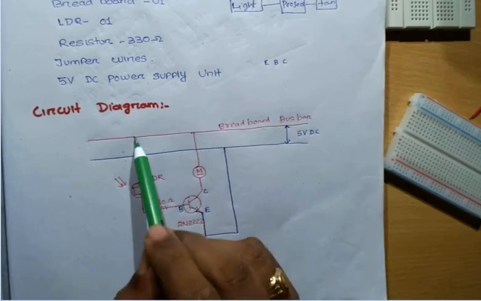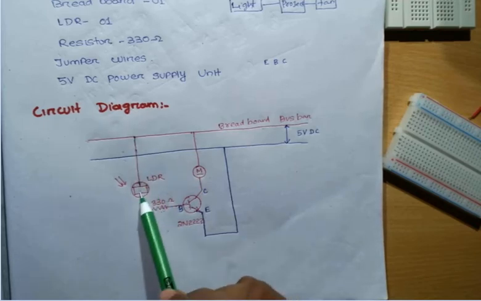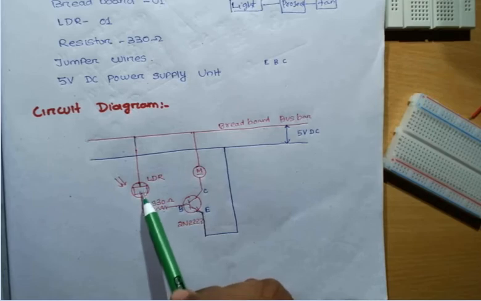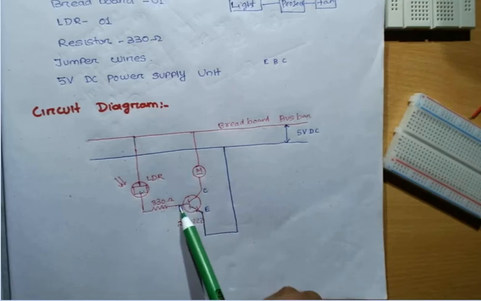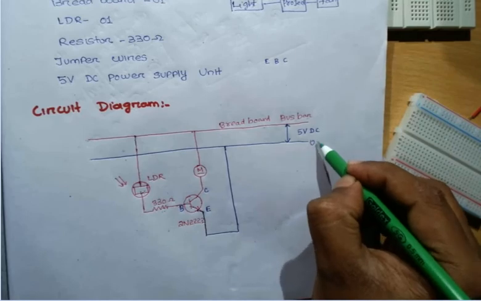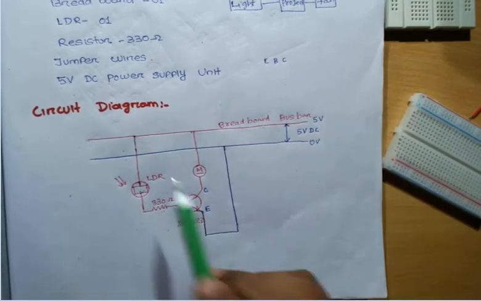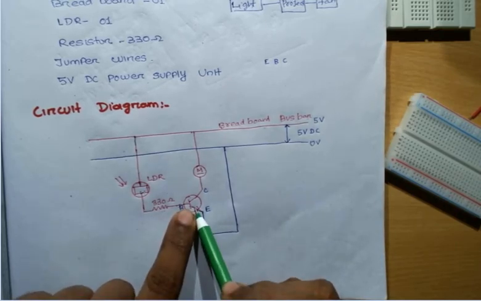How will the current flow? The current always flows in a closed path. That's why when we switch on the fan circuit, it means we make the circuit. When we switch off the switch, it means we break the circuit. Likewise, when light falls on it, the resistance will decrease. Now the current starts to flow through this LDR and resistor to the base, then back to the, suppose this is 0 volt, this will be 5 volt. In this way current will flow through the base. Now this will be triggered, and this will switch on.